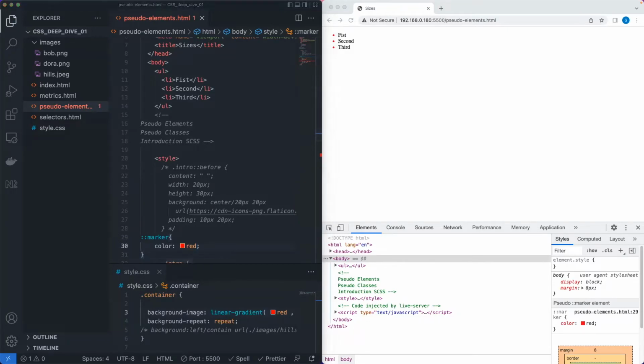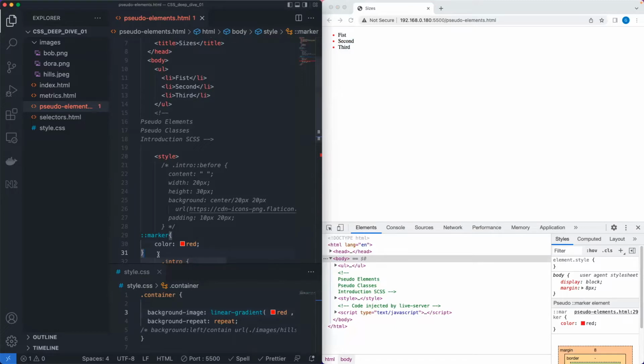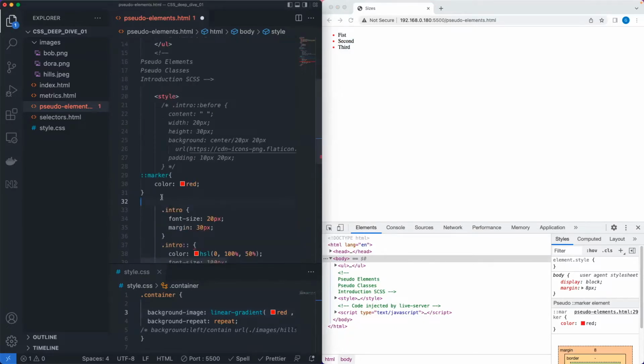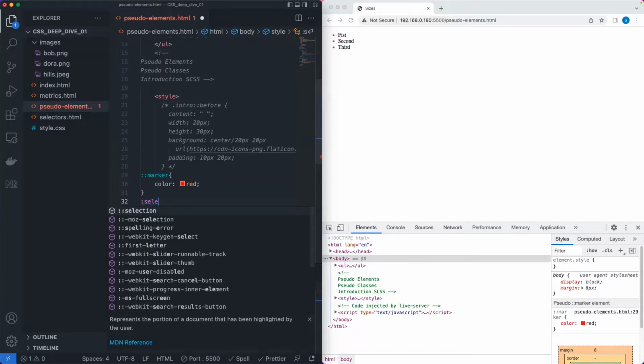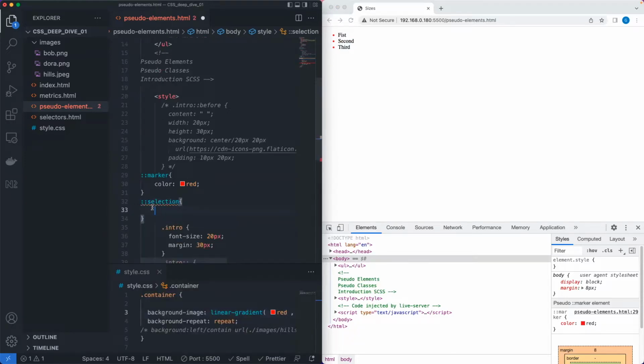And one another pseudo element is selection. So if the user selects the content like this, we can highlight it. This is the default style for the selection, like a blue color around the text. We can change that to a different color. So on the host itself, not on a specific element, if we say selection, and if we apply some style here, like